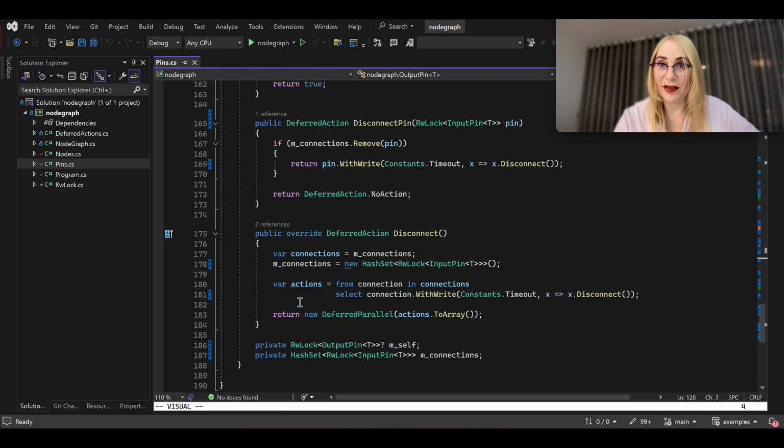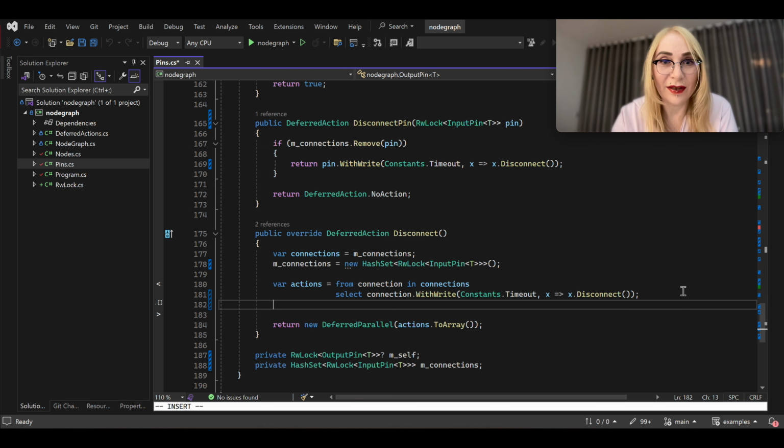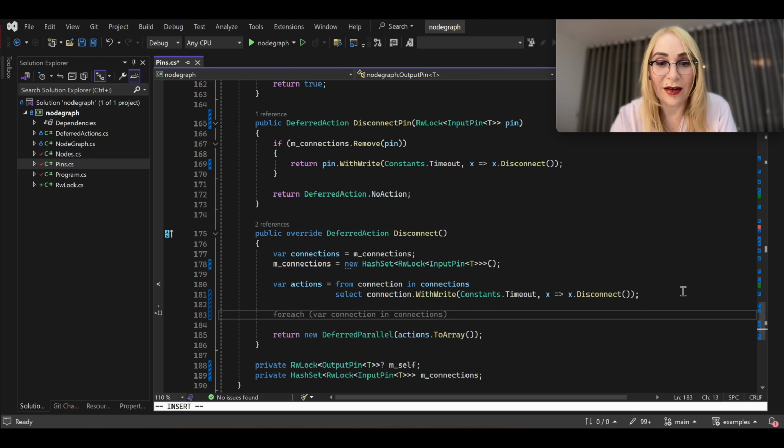For example, I have a LINQ expression here for disconnect. And this is the LINQ expression. LINQ expressions are a pretty cool thing in C#. You don't have them in Rust. You have those kind of like LINQ methods. Like, this LINQ expression can be rewritten as, let me just write it again,